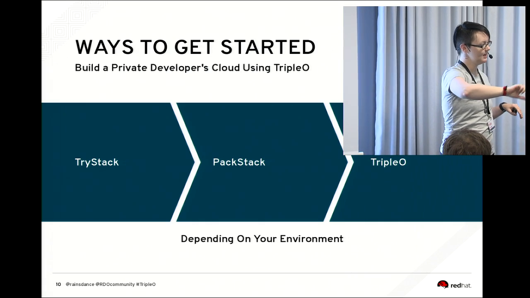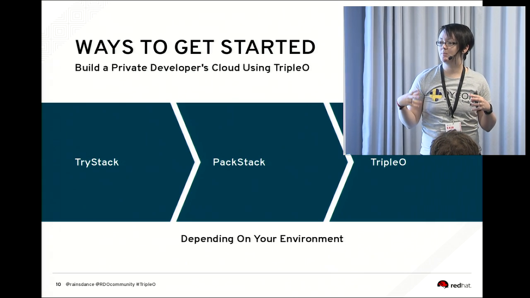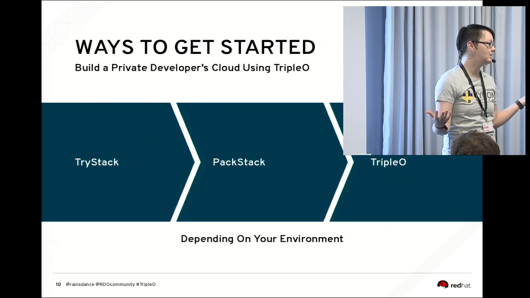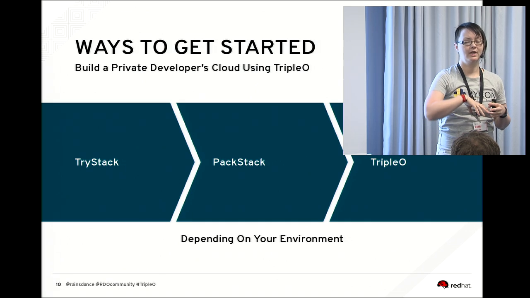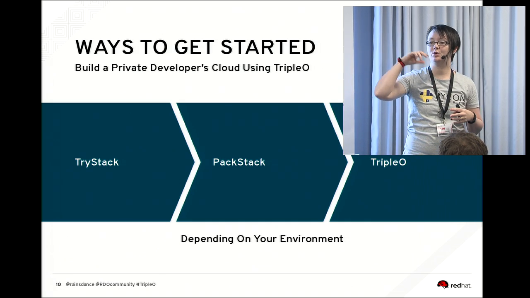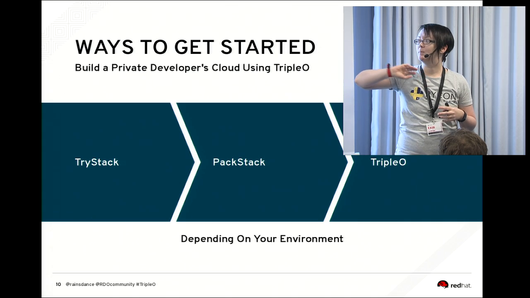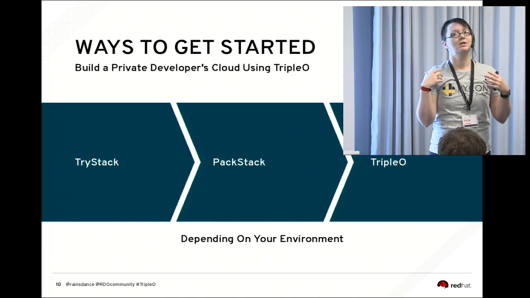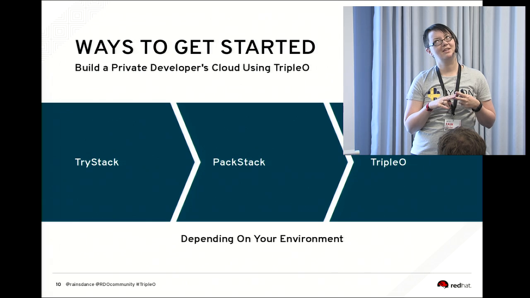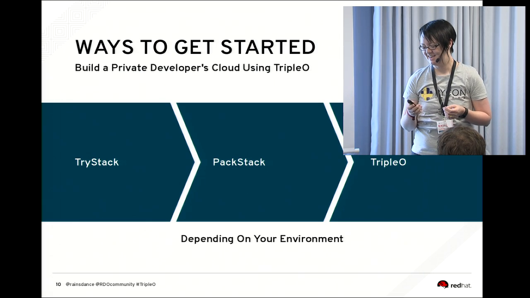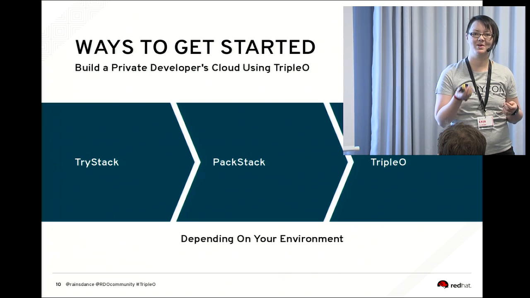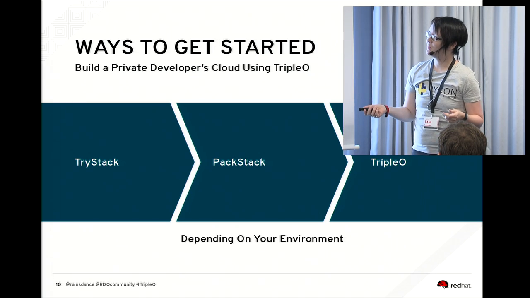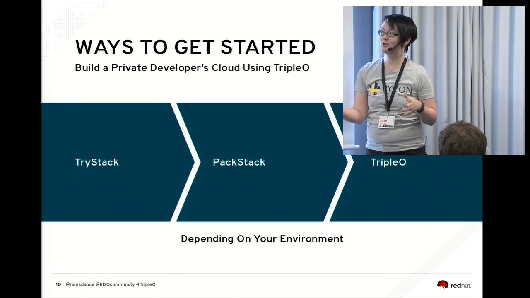TripleO is if you want your own system in production. Say you want to rent out clouds to people. Say you want to have a cloud that you do your testing on and then you actually push it into production. That's what TripleO is for. It's high availability, so there's redundancy. All the things that you would probably want in a production cloud are available in TripleO. I won't say that it does anything you want, because I'm not in sales or marketing, but it does a lot.